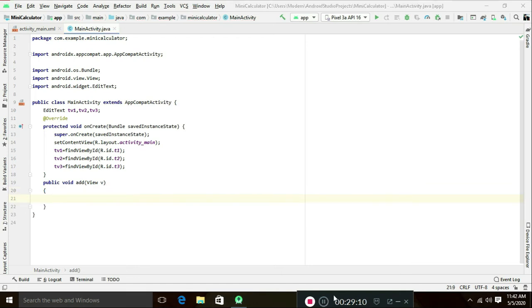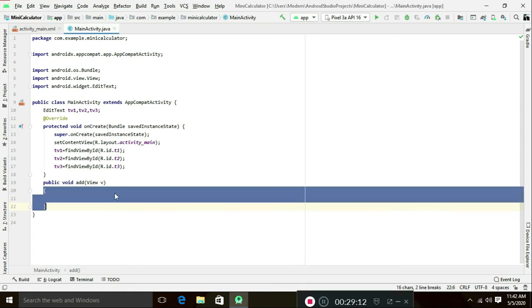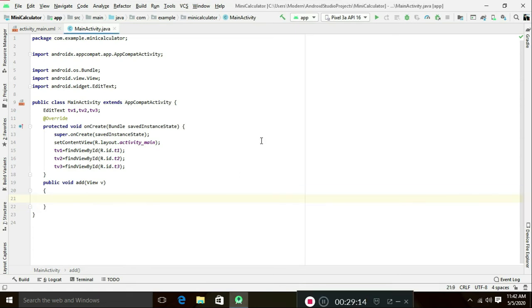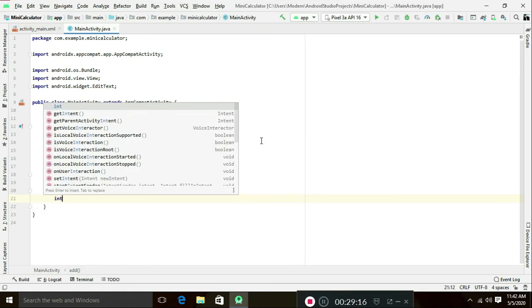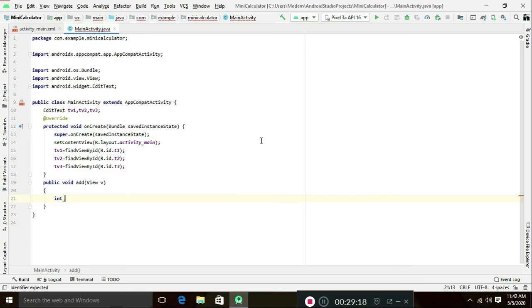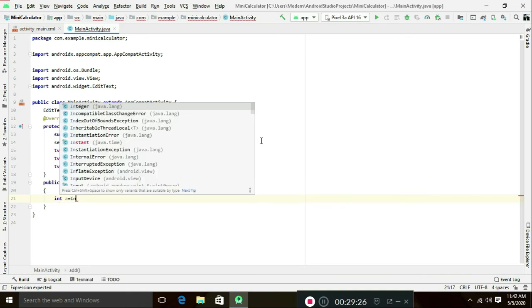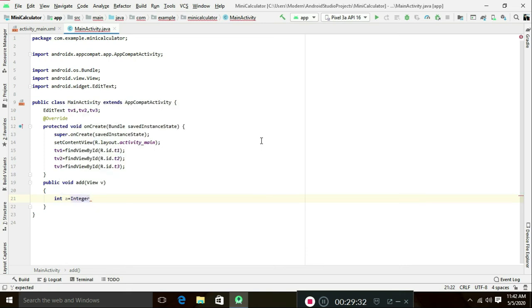The int data type will be used: int a equal. A wrapper class will be used, because Java takes all data as string.